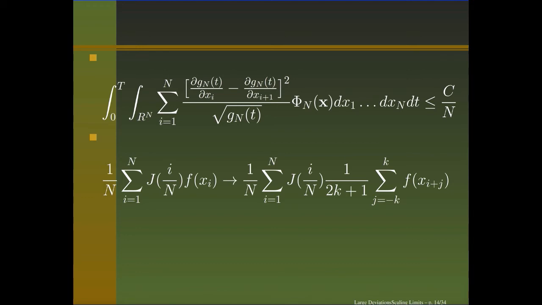First, you take an average of f of xi over a block of size 2k plus 1. So you're replacing it by this average. Notice you can shift the average to j by just rewriting the sum. And j is very slowly varying. So over k sites, it's going to differ only by k over n. For fixed k, it goes to 0 as n goes to infinity, no matter what k is. So you can always replace the first term by the second term.